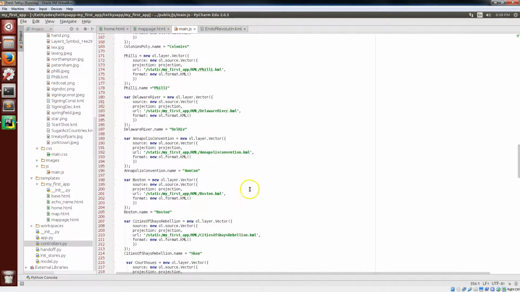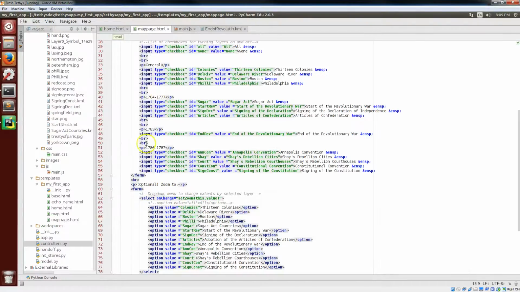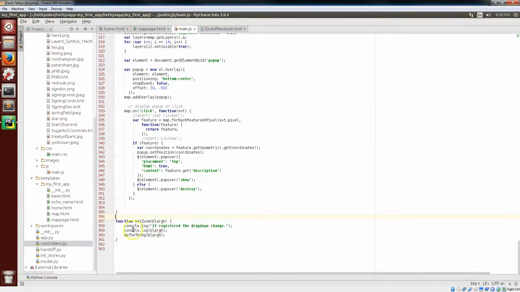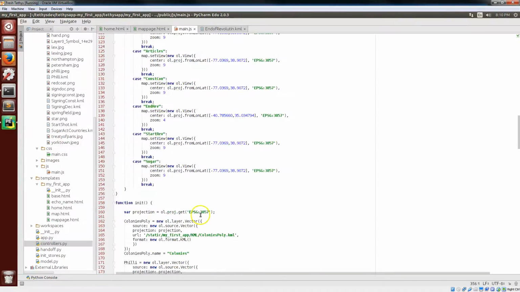And these layers get plugged in from a function here, set zoom. And so do the thing of the layer, and this is called on our map page from the form with the drop down on change. When it changes, it calls the set zoom function. So returning to our JavaScript, these console logs were helpful when we were debugging, and we left them in because it's helpful to see what layer is being called if for some reason it isn't showing up the way you think it should. So scrolling back up to return to our other functions, the next function is our initial function,